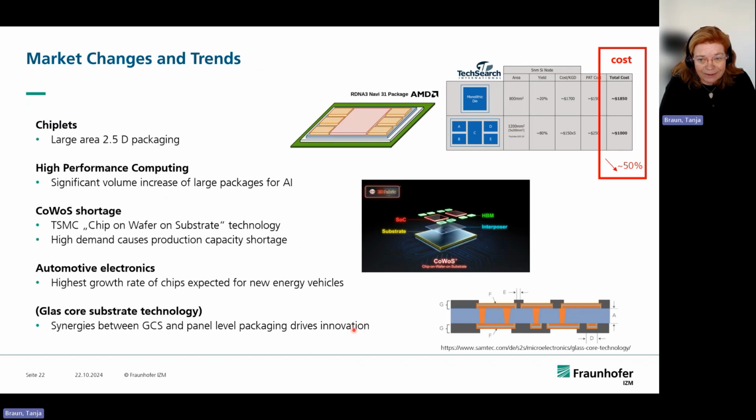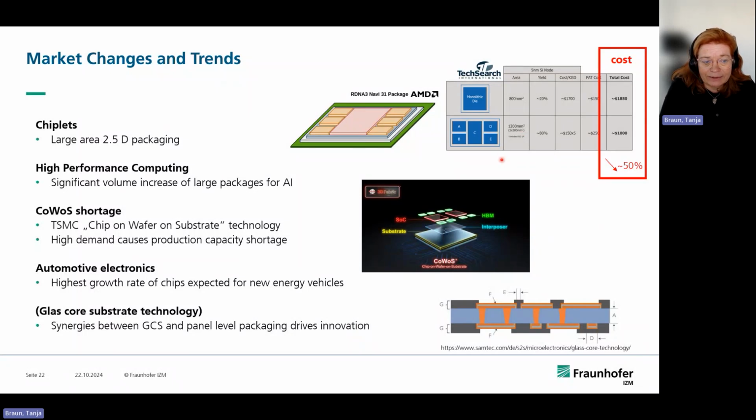But what we are seeing now is that in the last, I don't know, 2 years, we see a lot of new packages coming from high performance computing for AI, very large package sizes, actually in the beginning 5x5, 10x10. Maybe some of you have seen that Tesla Dojo training tile, which was more like 20x20. So very huge packages, and very huge interposers needed. We see the chiplet topic, where we also expect to have larger package sizes. You see that TechSearch estimated here